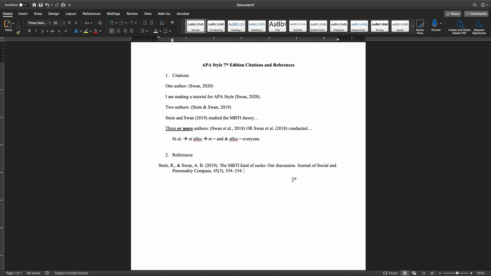So if it exists, and there is a big push to get even older stuff DOIs, get them scanned from their paper copies, get them scanned into an electronic form and give them a DOI. So older stuff may not have DOIs, but newer stuff definitely has DOIs. And all you have to do is put in HTTP, oops, there's my S, colon, slash,